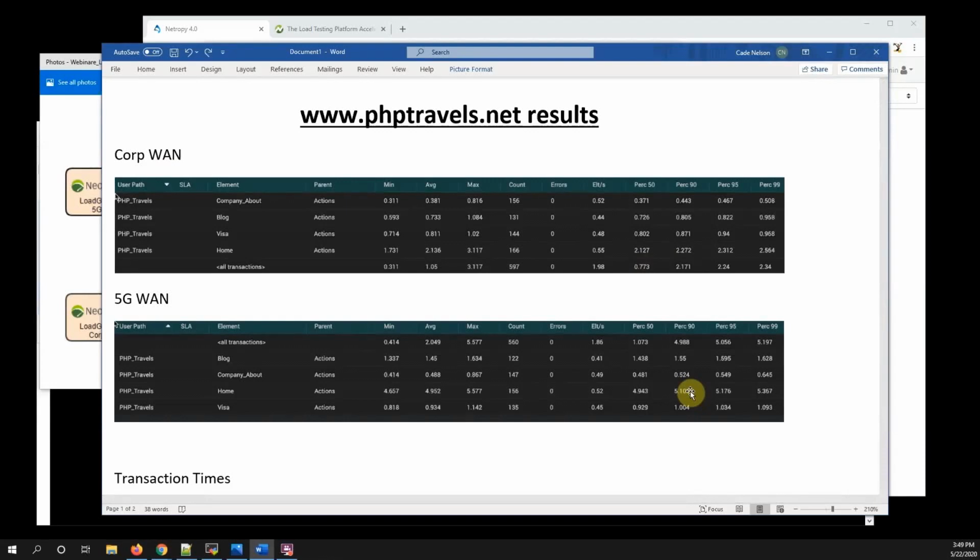So if I were a developer and I was doing my tests, maybe I just created my website up in AWS or rackchat.net or something like that, and I started doing my tests from my corporate WAN, I'd be like, oh, great, things are great. I'm less than 3 seconds. I'm less than 2.5 seconds. This fits with what is recommended by Google. But if you would have done the test using a 5G emulator or using one of our emulators configured for 5G, you would then see, wait a second, my homepage is taking too long to load. It's over 5 seconds. According to Google, this is substandard.